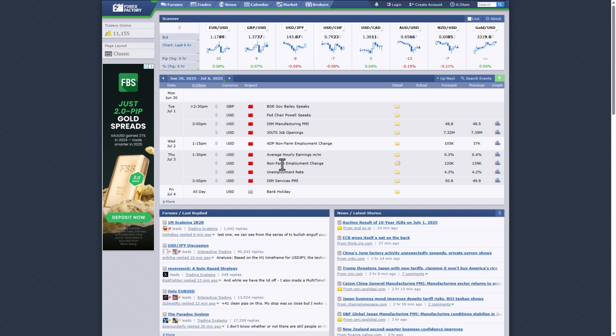And this NFP is coming on Thursday because of the bank holiday on Friday. Normally, it's supposed to be on the last day of the week, which is Friday. But because of the bank holiday, we see NFP coming on Thursday. So let's start the analysis on DXY, which is the dollar, and see what the dollar will present for the